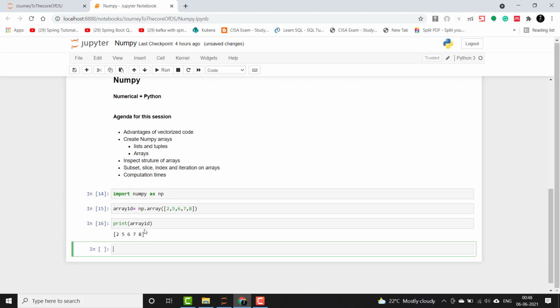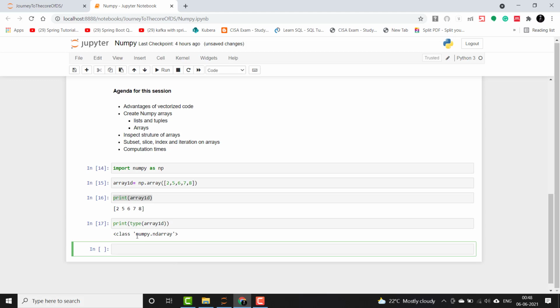So this is how it looks, but when you check the type of it, it will be NumPy ndarray, as I have told you already.